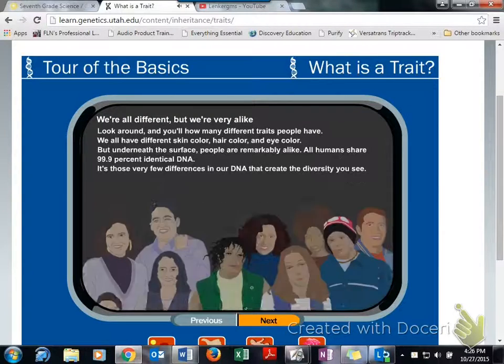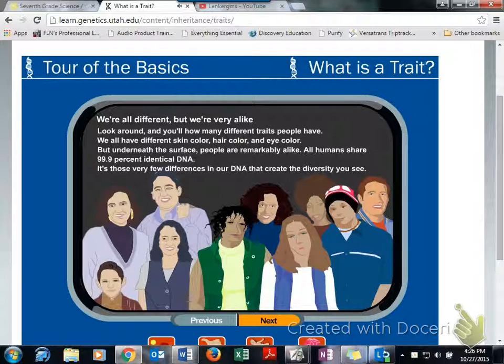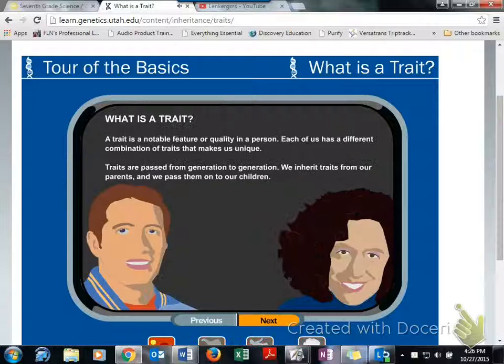We're all different, but we're very alike. Look around and you'll see how many different traits people have. We all have different skin color, hair color, and eye color. But underneath the surface, people are remarkably alike. All humans share 99.9% identical DNA. It's those very few differences in our DNA that create the diversity you see. What is a trait? A trait is a notable feature